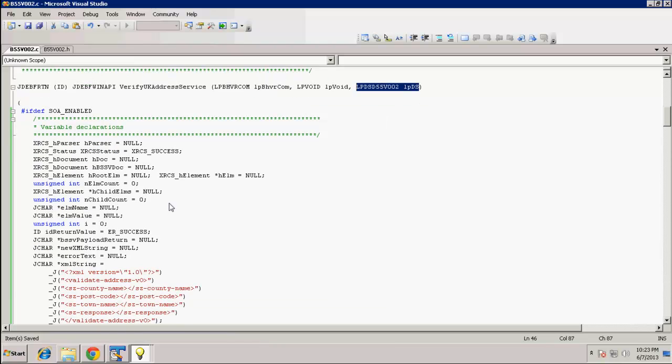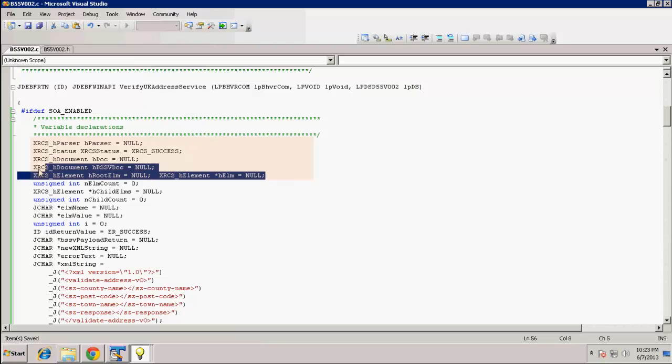Next, you can see a number of variables here prefixed with XRCS data types that we're going to use shortly for constructing our XML communication objects. For our business service, this includes XRCS_H_PARSER, which acts as the main handle to our XRCS parser and all XRCS calls. Next is the XRCS_STATUS variable, which provides more info on every XRCS call status, whether success or failure. Then XRCS_H_DOCUMENT serves as the handle for our main XML communication object document. And finally, the XRCS_H_ELEMENT data type defines any specific node within our XML document.